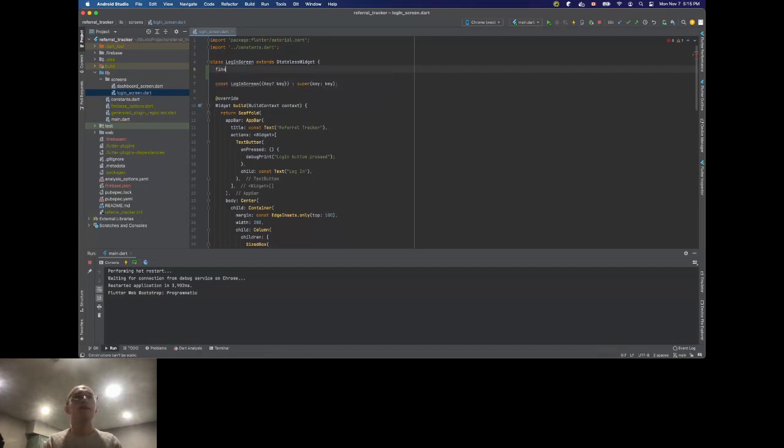I guess it's final static, or let me actually see. I don't remember how to declare static variables in Dart. Let me try. Okay, static string, and I will call it ID, and I will call it login. Okay, or let's just put it like this. This will be the default. So this is the ID of the screen,